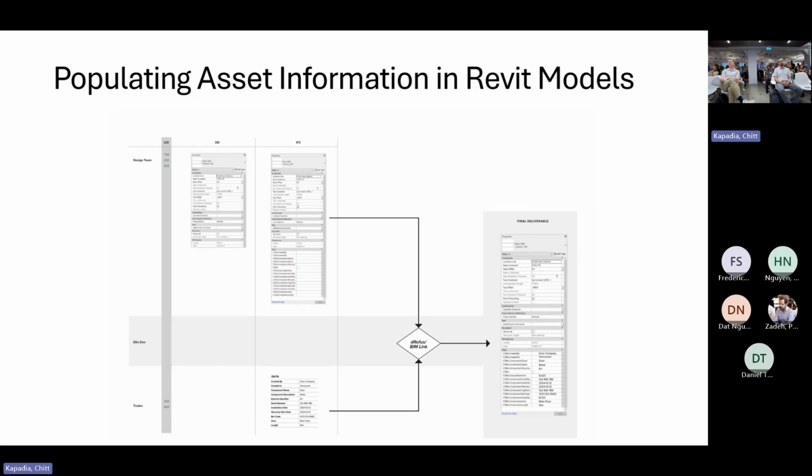And at the end, this is the final model that you have, wherein the design team has already populated their piece of information, but we are also inputting now with the help of Rufus the trade information, which is more crucial for the facilities management group, because that talks more about replacement and all those things that they need in terms of warranties and stuff. So that information comes to that. So this is a big challenge. We've navigated